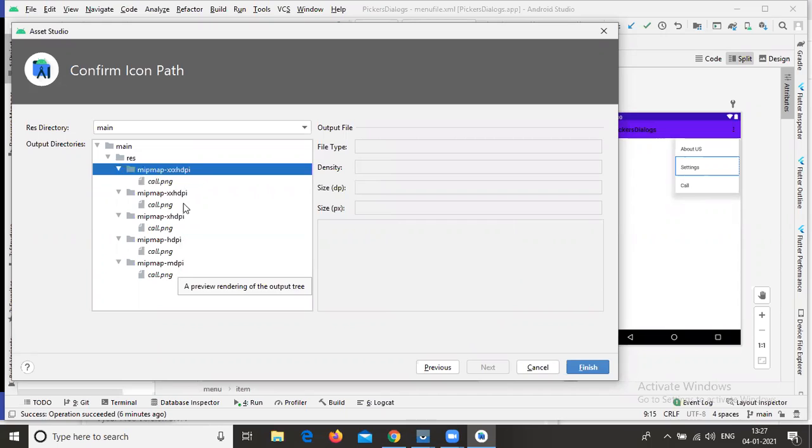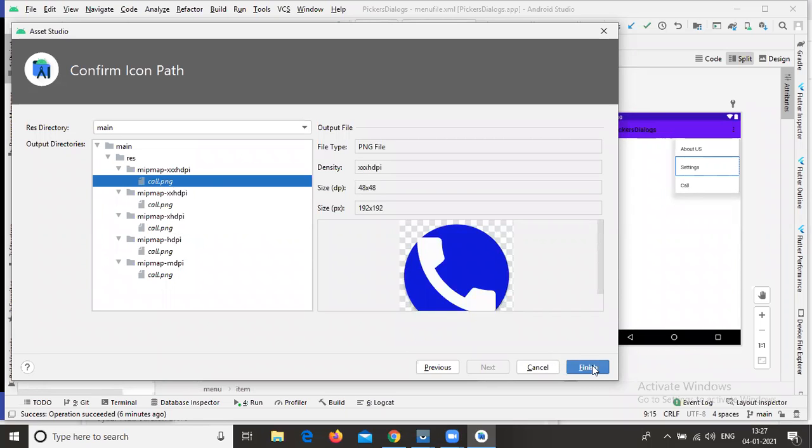These are the different image resolutions. If you are using the image asset, this image will be created in multiple resolutions. Now click on finish.